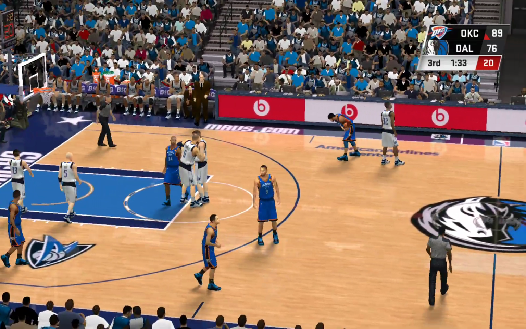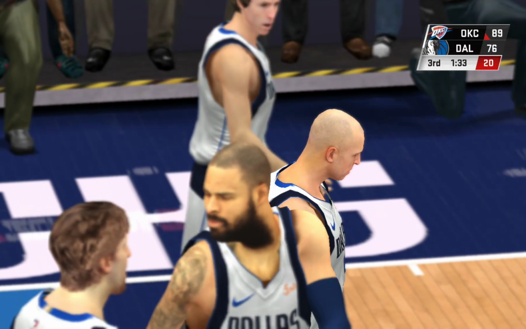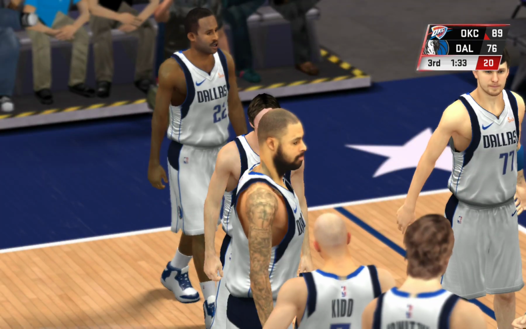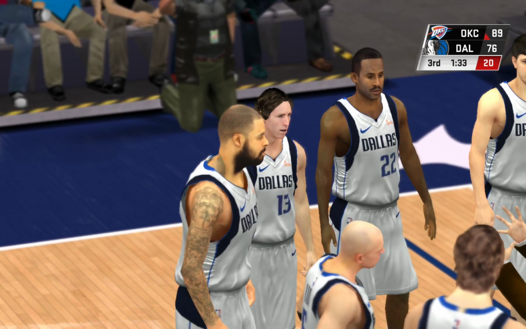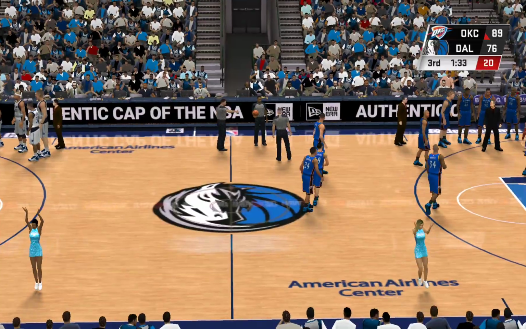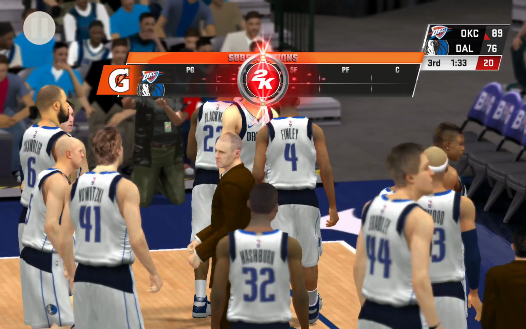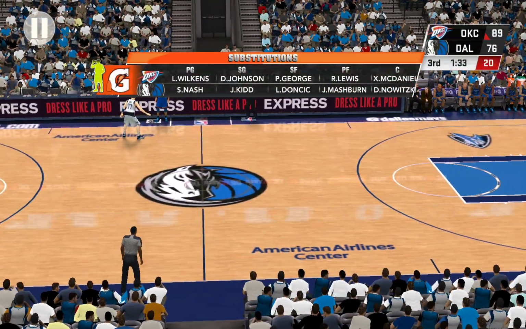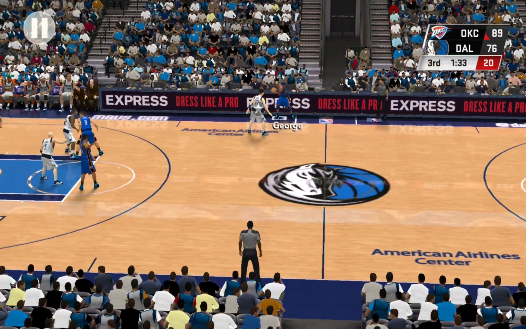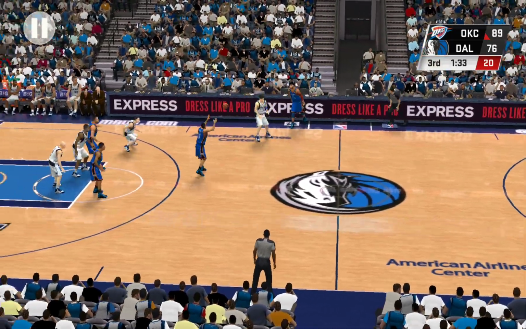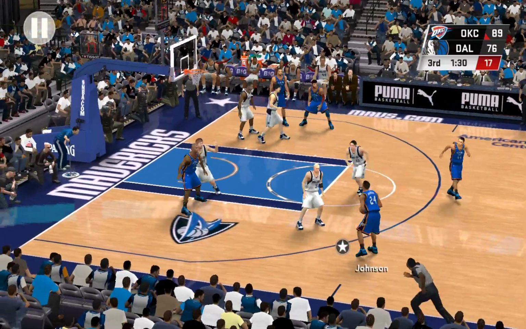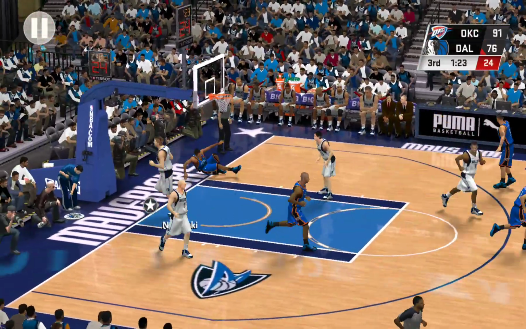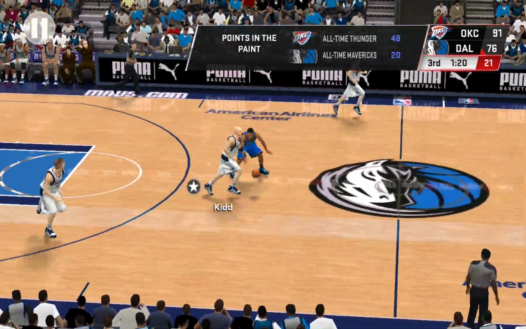Now a timeout called by Oklahoma City. And the Mavericks making a change here. Pass to Johnson. And it's good. Defensively, I think they've got to do a better job of bodying them up.